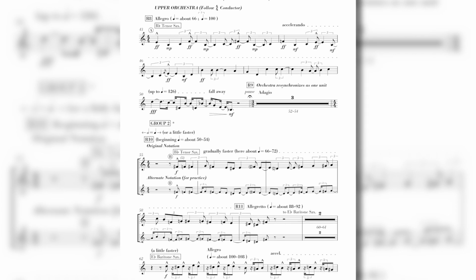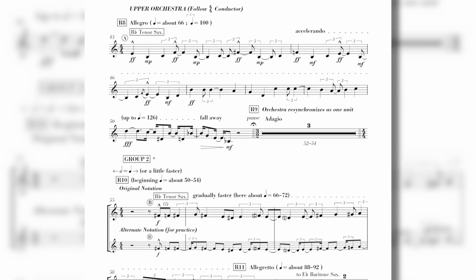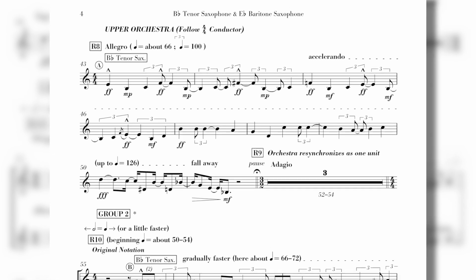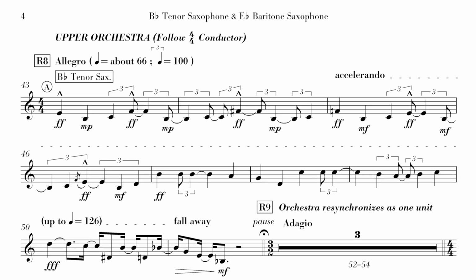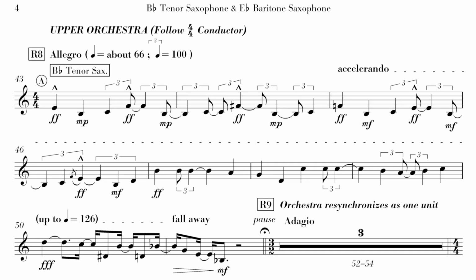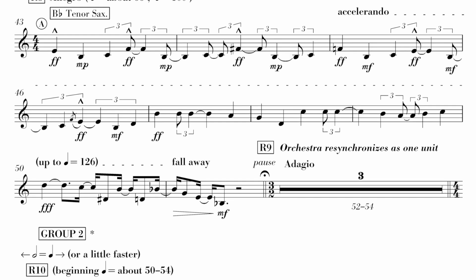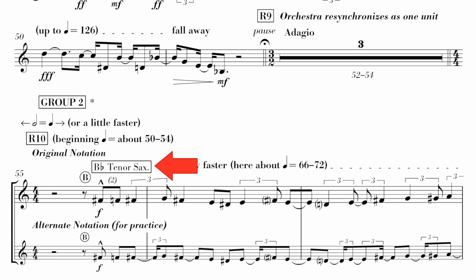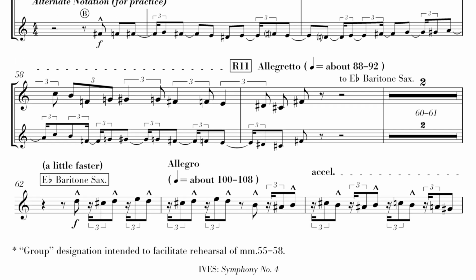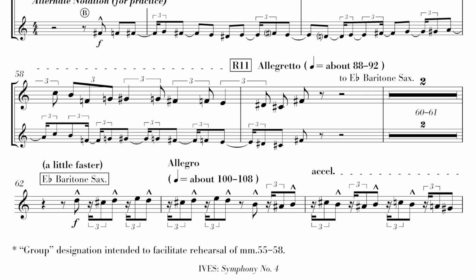What happens in the part to keep track of which instrument is playing in a given passage, always the name of the instrument in question is presented at the beginning of the passage, and then especially following a page turn. So here in a box, you see B-flat tenor sax. So it shows that this passage is to be played by that instrument. And then again, there's been a rest of three measures here, but tenor sax continues. So once again, it's stated explicitly, tenor sax, right? Down here, Ives indicates that he wants the baritone sax to play. So here in a box is E-flat baritone sax.